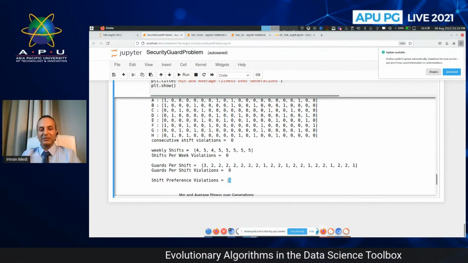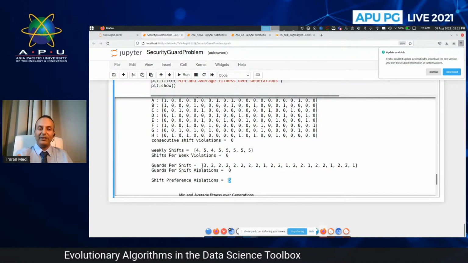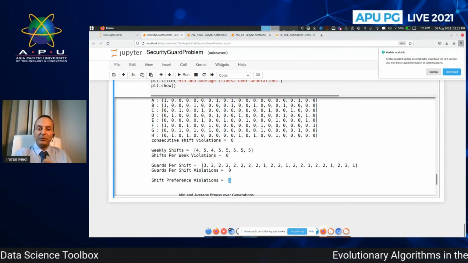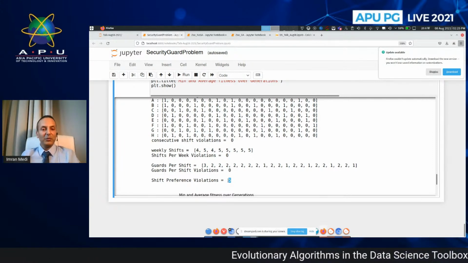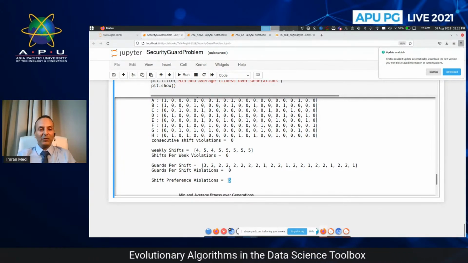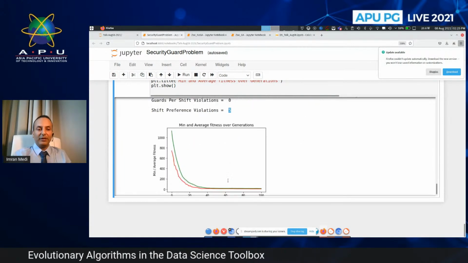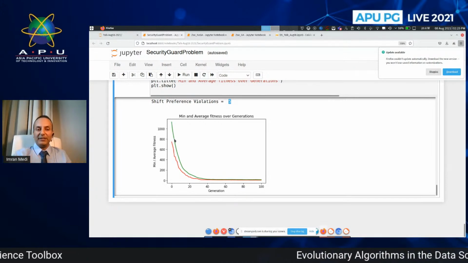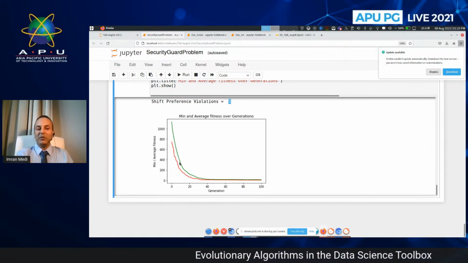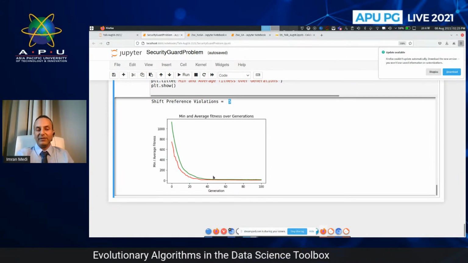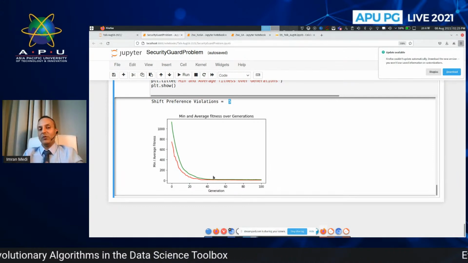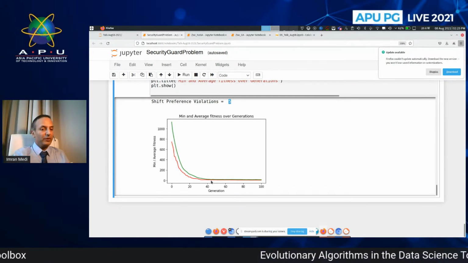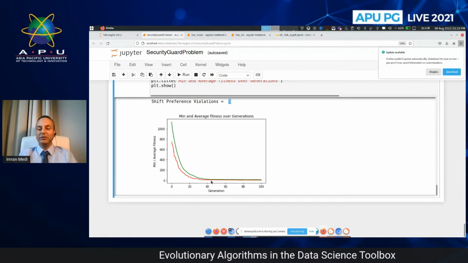There are 5 violations. So of the number of guards working for the full week, 5 of them are working at a time that is not preferred. We can further tweak those genetic operators to improve this process. The number of violations is decreasing per individual and as the population as a whole, till eventually, after 40 generations, iterating 40 times, we end up with our best solution in this case. Further tweaking may allow us to find a better solution.